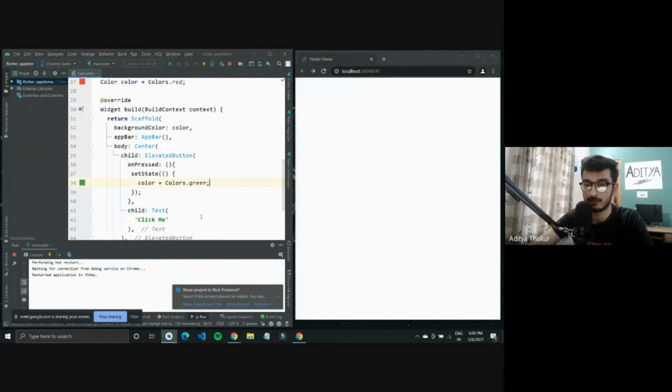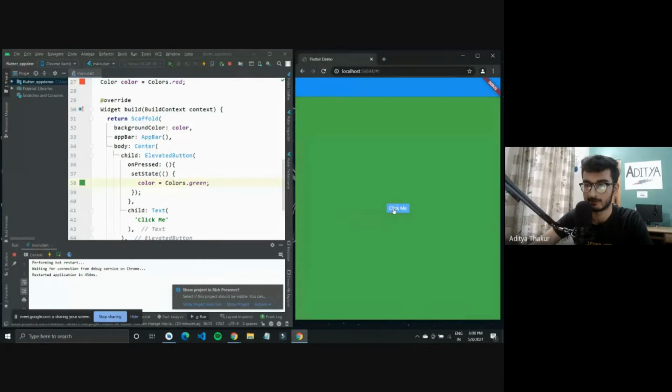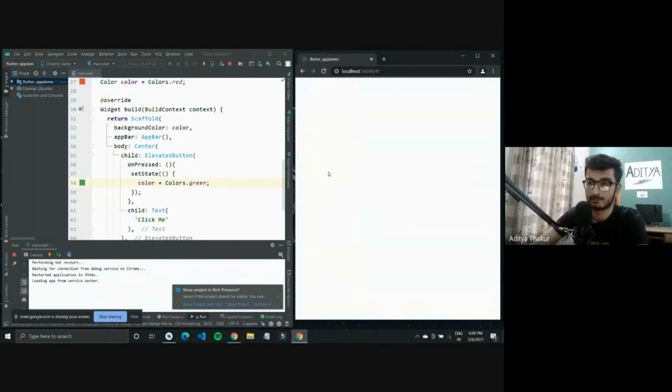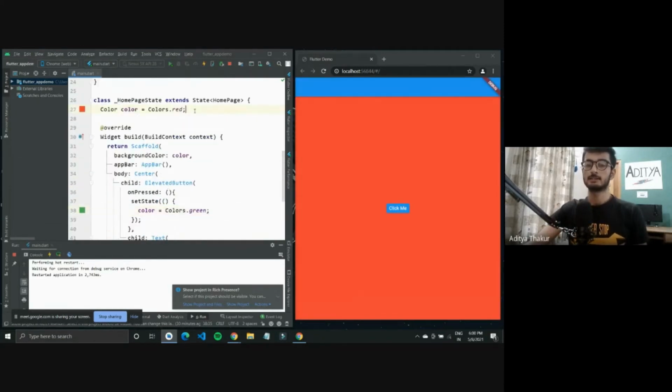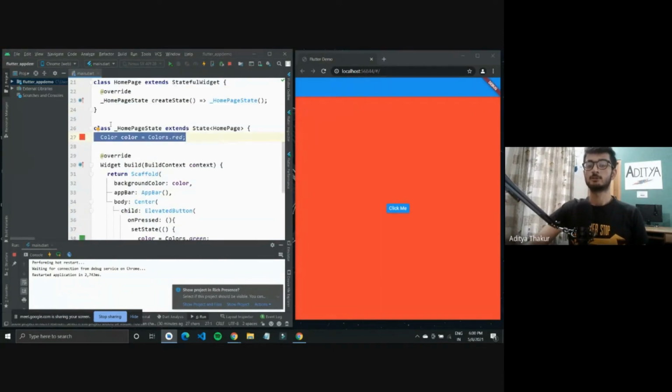And now if I restart this application, it should change the background color, right? So what I'll do is I'll just refresh it once. Okay, so initially when we start out, this color was defined for this home page.